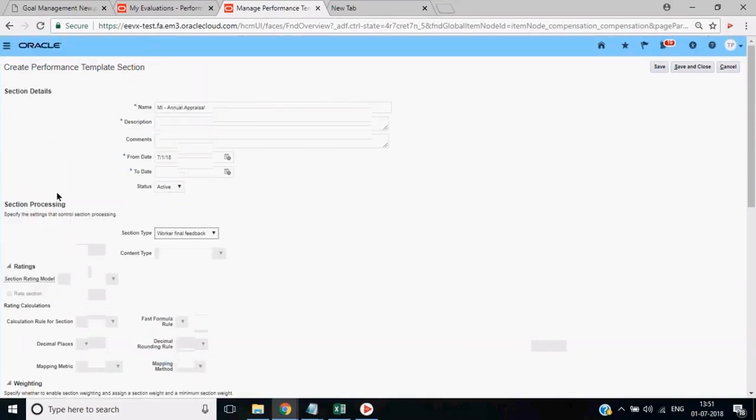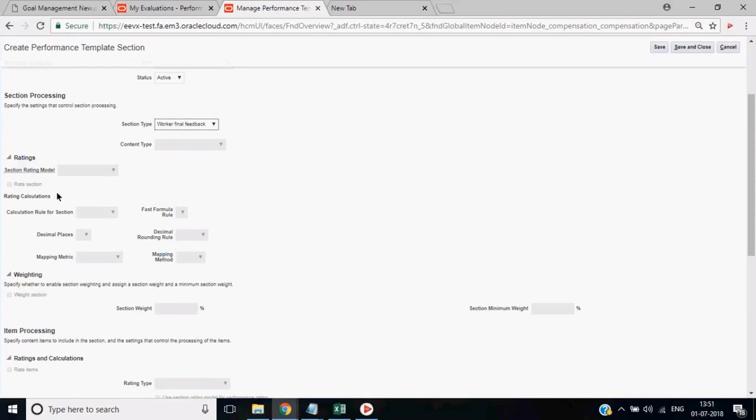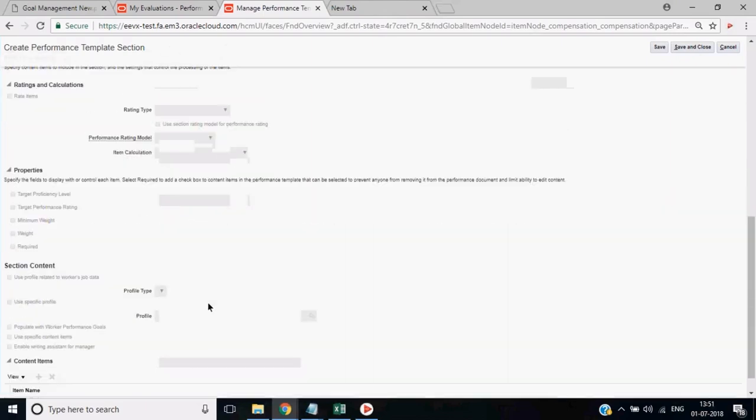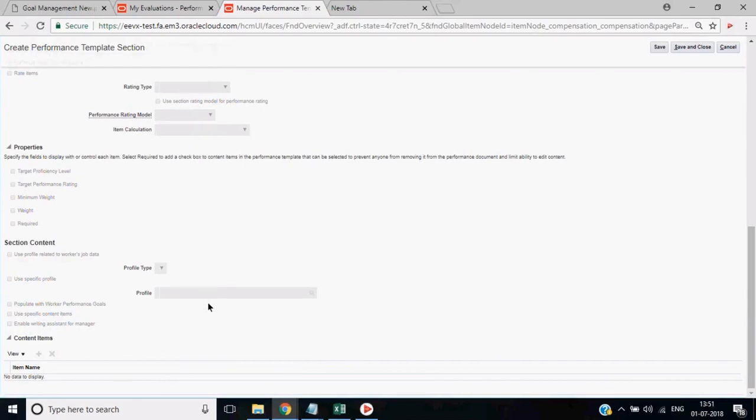In case you want to rate the section, you can rate it, but for this you will not have ratings, because you don't have to rate each section for a final feedback. You have rated your goals, the manager has agreed on your goals, so you are giving a final feedback. I am just giving feedback on the process I have undergone in the